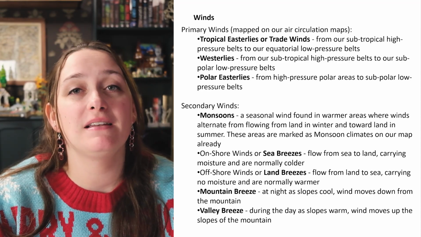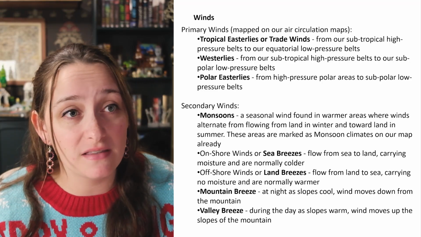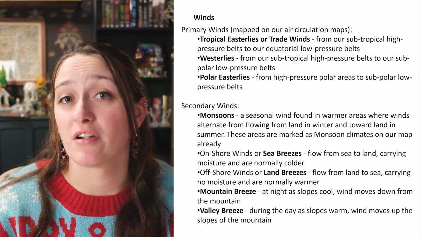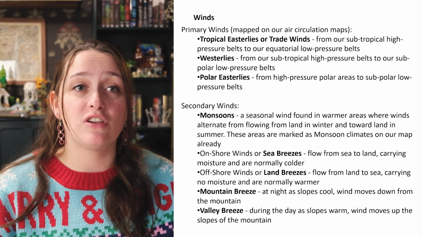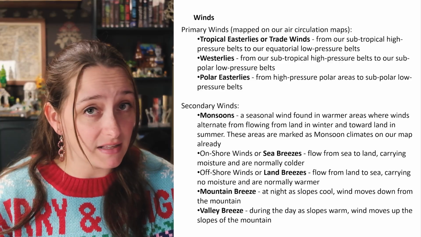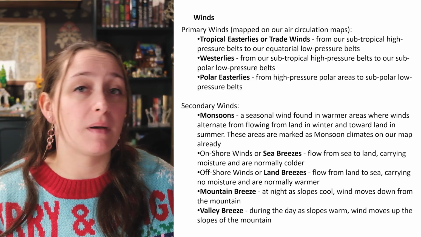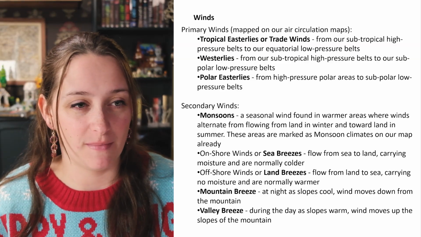And there are 3 main types of winds. There are primary winds, which think prevailing winds, or those created by the rotation of the Earth. We really cover those a lot in our air circulation maps. Secondary winds, and these can change direction seasonally or periodically. And tertiary winds. These are mainly local winds caused by pressure and temperature differences or changes. We haven't really covered those so much.